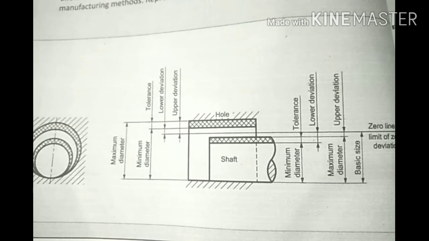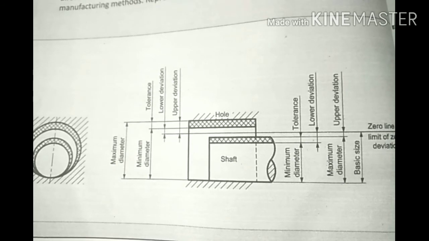According to this drawing, the supervisor tries to produce the product. These drawings are generally made in the form of orthographic views, means front view, top view, side view, and the information is provided